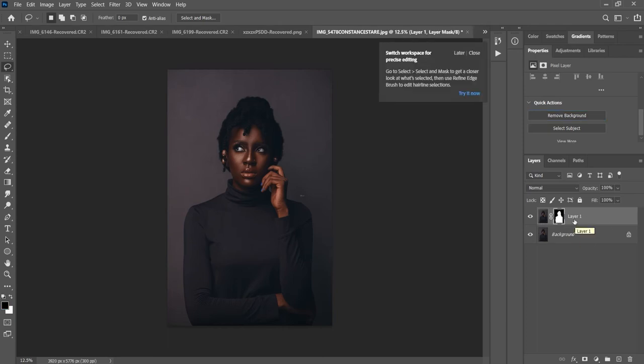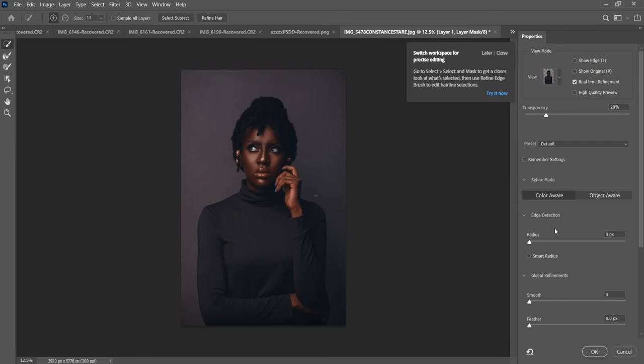Okay, so once Photoshop has removed the background, you have to come and click on the layer mask and then click on select and mask. Okay, so I usually set my smoothness to 15 or 16, and then my feathering should be 2.6 or 3.6 or 3.3, anything between 2.8 and 3.6. It's okay. So click OK,